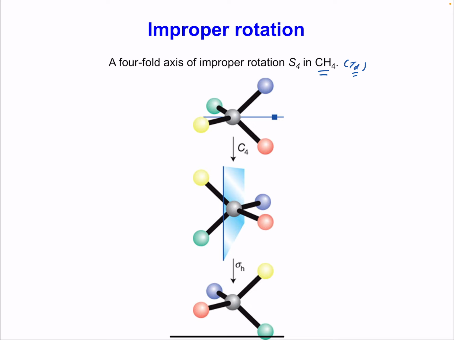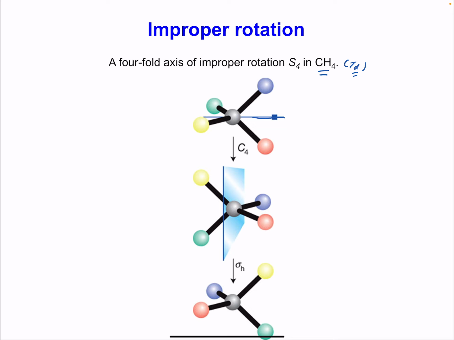This one has a tetrahedral point group, so we'll talk about point groups later. Just giving you an answer here. See the 4 hydrogen atoms shown here with different colors. If you draw a C4 rotation axis here,